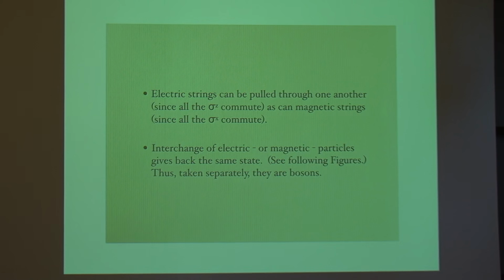So now we can discuss the statistics of these excitations. Electric strings can be pulled through one another freely since all the sigma z's commute, and all the X operators are multiplying by strings of sigma z's. And the magnetic strings can be pulled through one another since they are all multiplication by sigma x's and those commute with each other. But the interchange of electric or magnetic particles